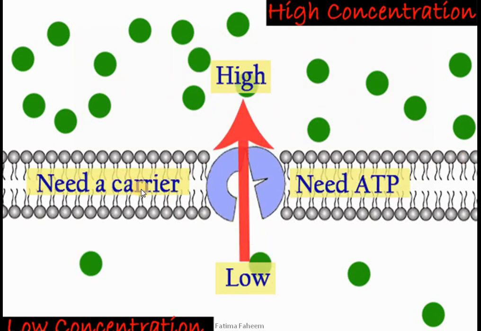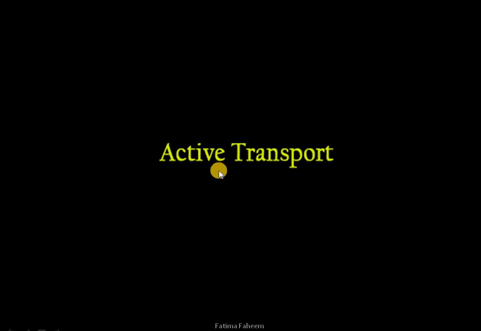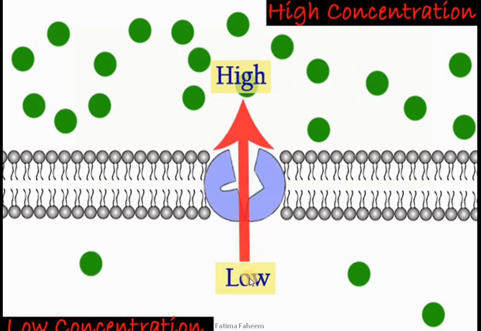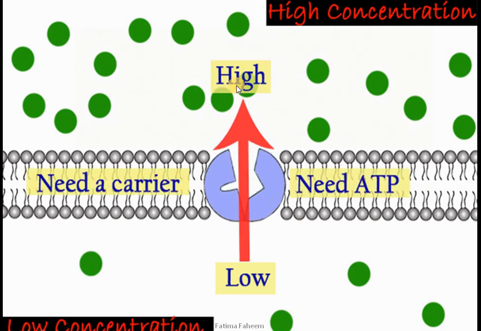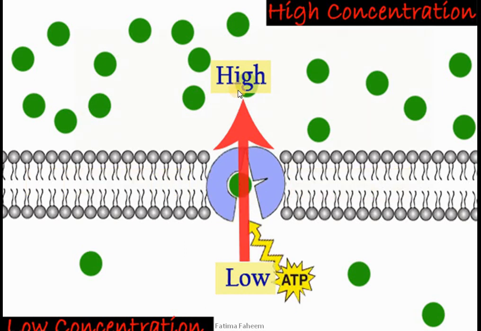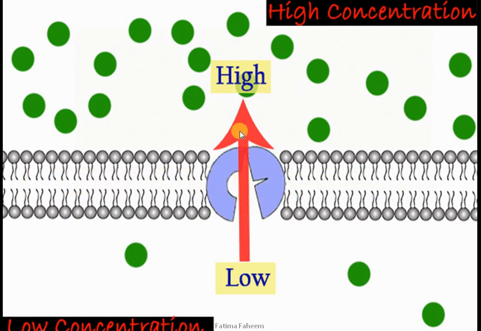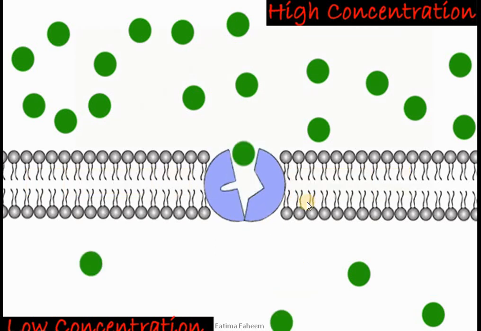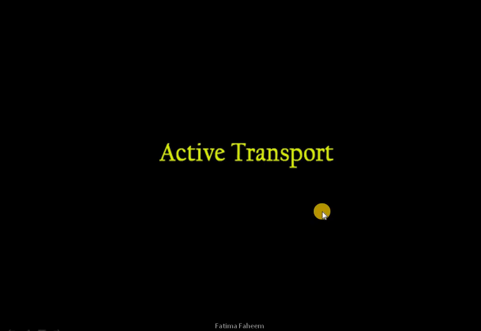One thing more that you will read in A levels is the need of a carrier, which is shown by blue color. This blue carrier is facilitating the movement of molecules from the area of low concentration to the area of high concentration. For now, you just have to remember 3 points. That is, active transport is the movement of molecules against a concentration gradient. Second point, it requires energy from respiration. Third point, it will happen across a cell membrane or partially permeable membrane or selectively permeable membrane.